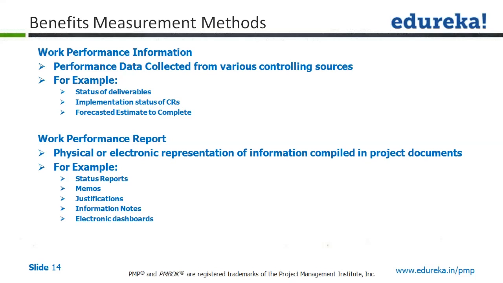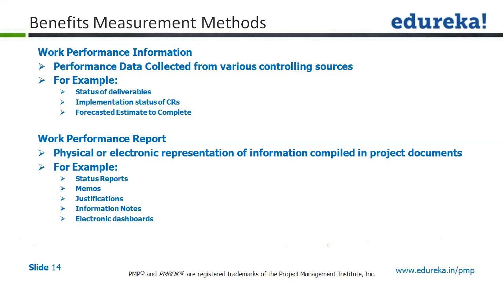Once we generate a forecast out of a process, if a cost forecast is generated, or if a forecast is generated of the amount which we would be using to complete the project, that means a forecast estimate to complete the project. Such information is going to be known as work performance information, which is information collected by certain process outputs in the system. For example,